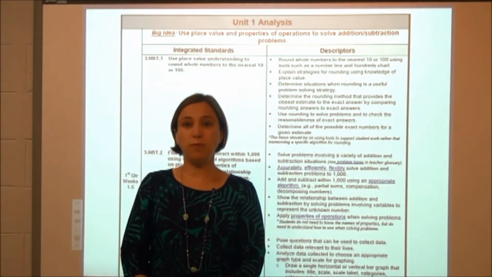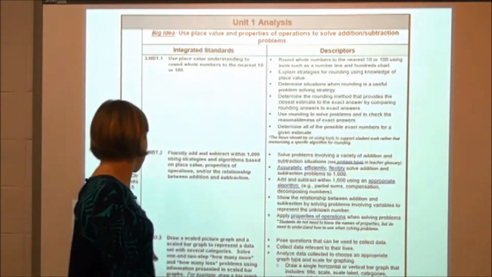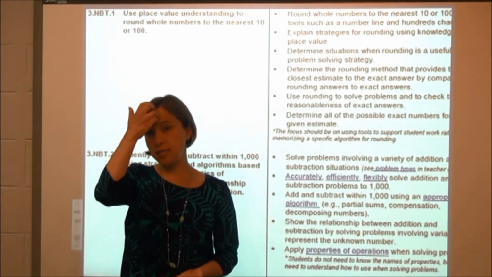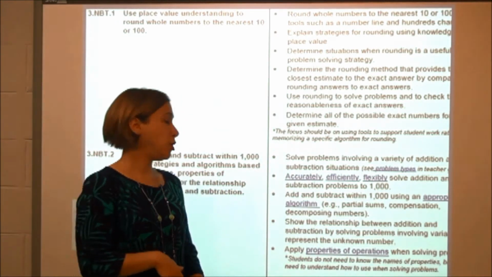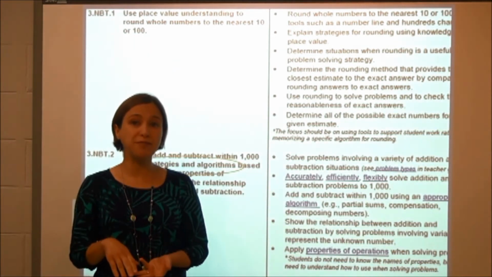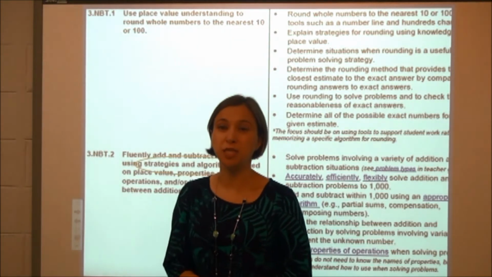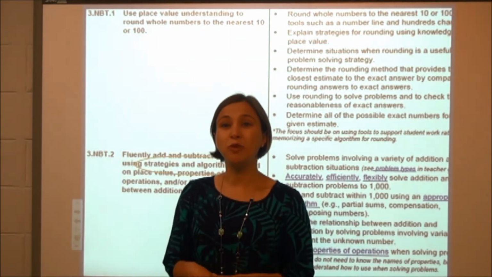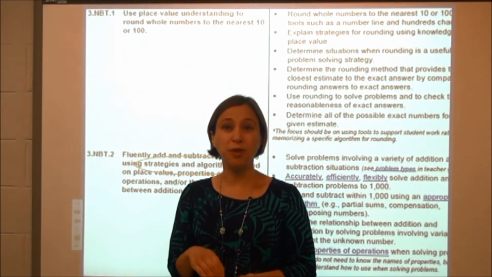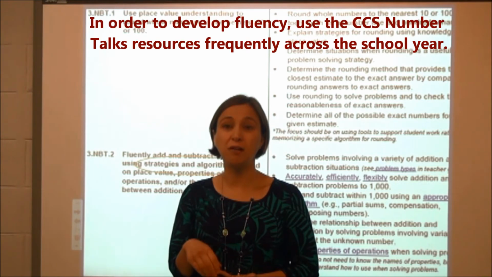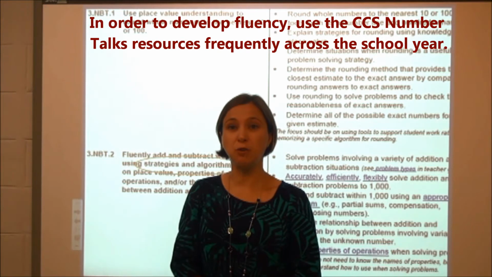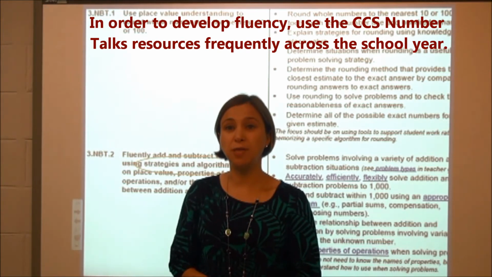The main standard that I will be discussing from weeks 1 through 5 is 3NBT2, which is our fluency standard. This standard asks students to fluently add and subtract using strategies and algorithms based on place value, properties of operations, and the relationships between addition and subtraction. Please remember that fluency is not often mastered in a short unit like this. This unit is when strategies can be introduced and practiced and algorithms can be introduced and practiced. However, these strategies and algorithms must be used across the year in order for fluency to be achieved by the